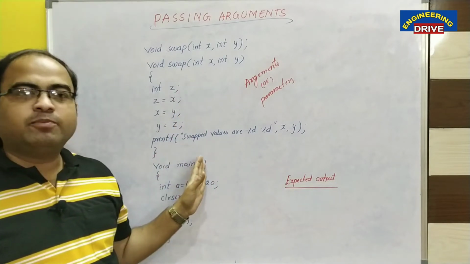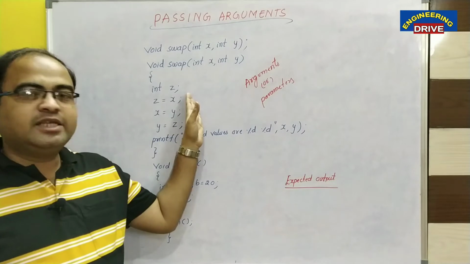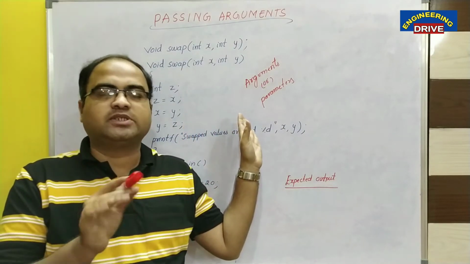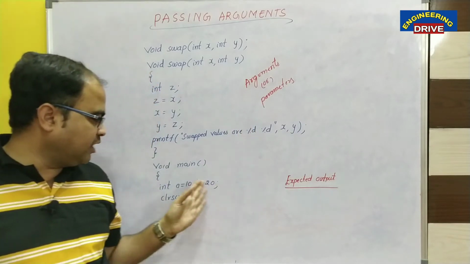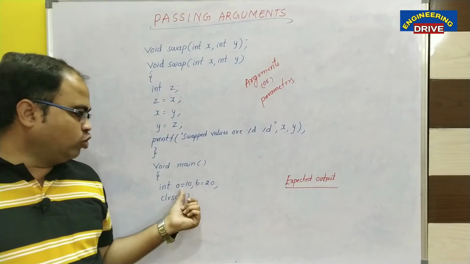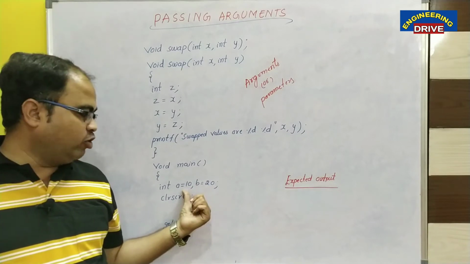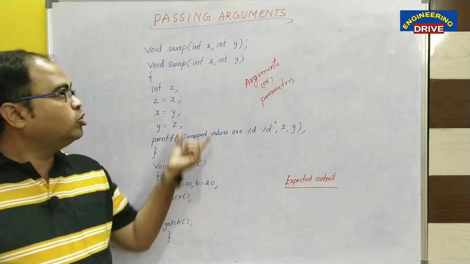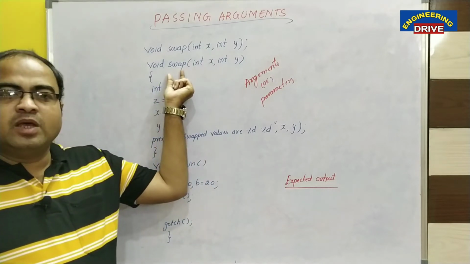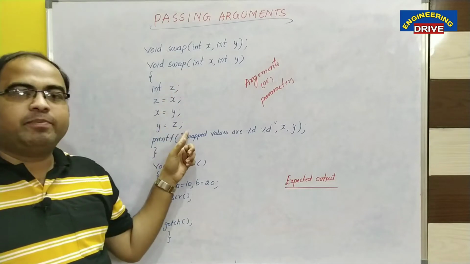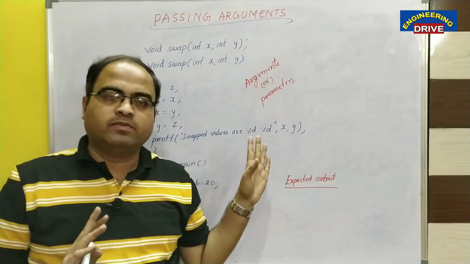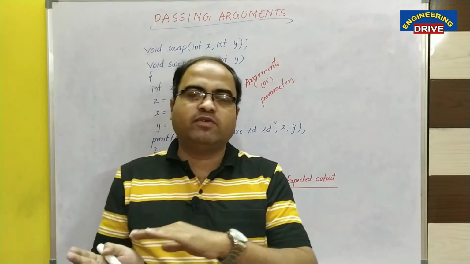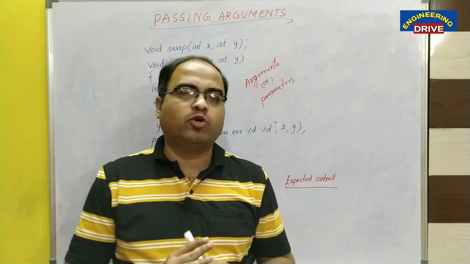Let us see, this is one example program I have written, and what this program is doing, it is swapping two values which are stored in two variables. For example, in our main program, two variables I have taken, A and B. The value of A is 10 and value of B is 20. Now I want to pass these two variables to the user defined function swap. What is this swap function doing? It is swapping the values of the two variables. Means the value 10 will be stored in the second variable and 20 will be stored in the first variable. This is what I am going to do now.